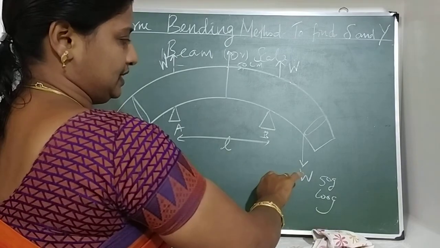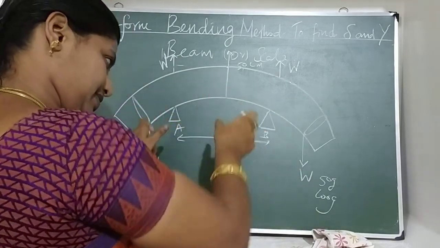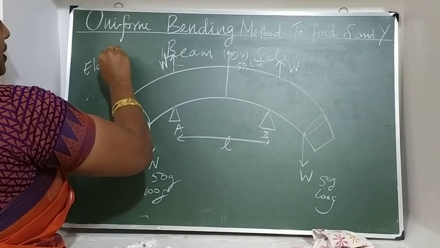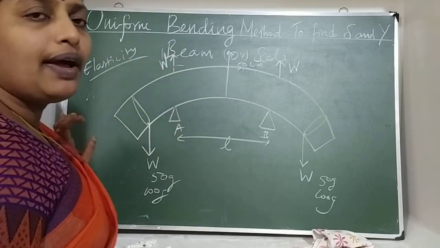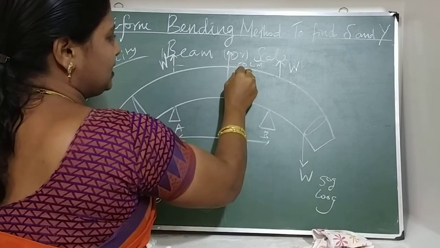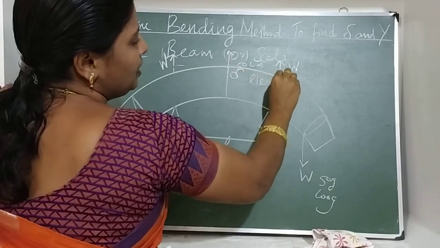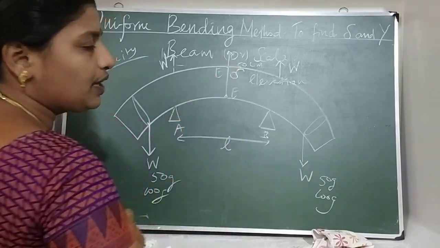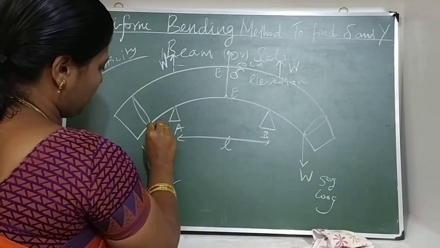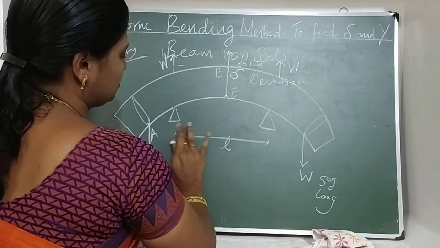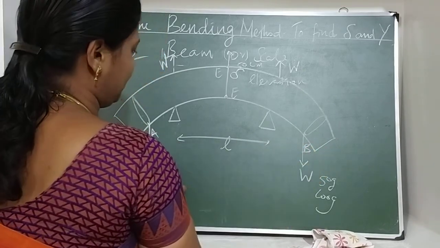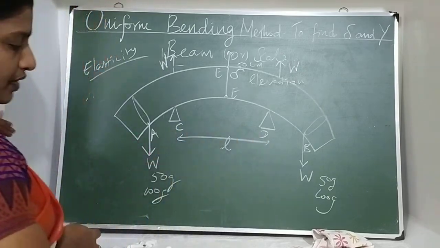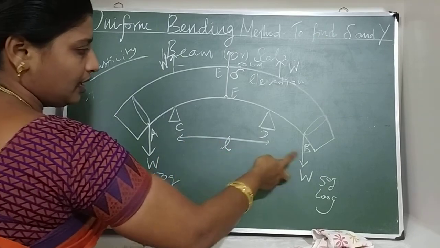We can increase the load again, and it bends again; increase again, it bends. This depends on the elasticity property of the material, and the beam or scale bends accordingly. The midpoint displacement that you consider is delta, the elevation of the beam or scale. Consider this point as E. Consider this end as A and this one as B, where the load is applied. Consider the two knife edges as C and D. At the corners A and B, you apply the load.